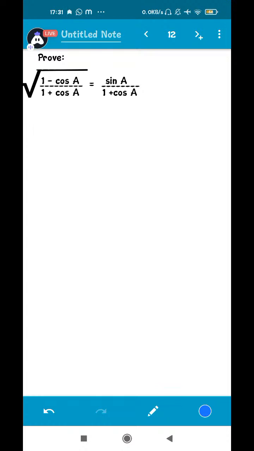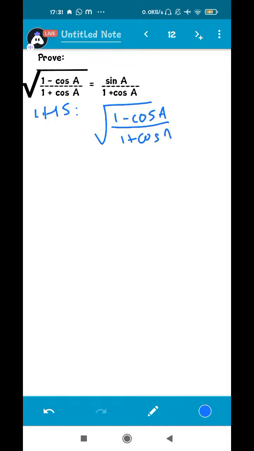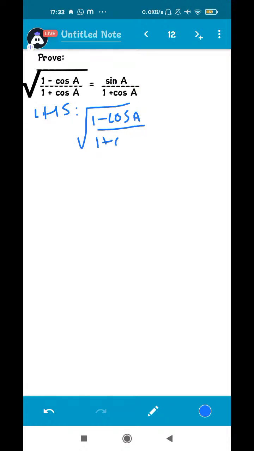So we are going to begin with the left hand side because it is complicated. So LHS, let me write the LHS: square root of (1 − cos A)/(1 + cos A). As you can see in the answer, in the right hand side you have 1 + cos A. Since we will multiply it by 1 + cos A, I'm just extending the square root a little more. So 1 + cos A, and always remember